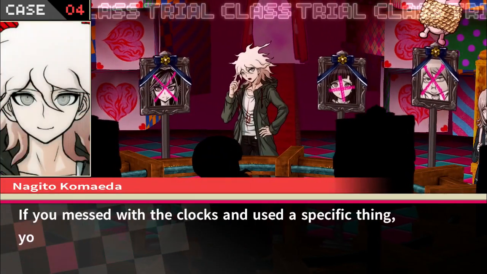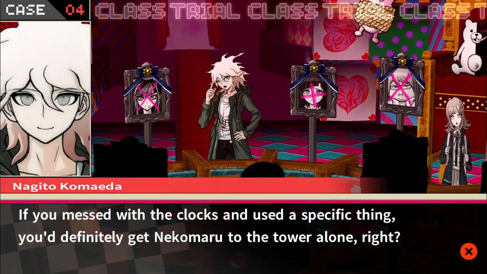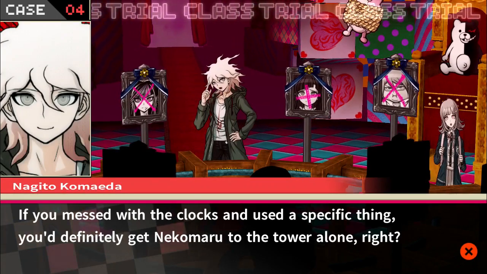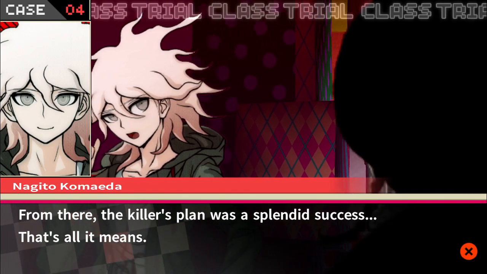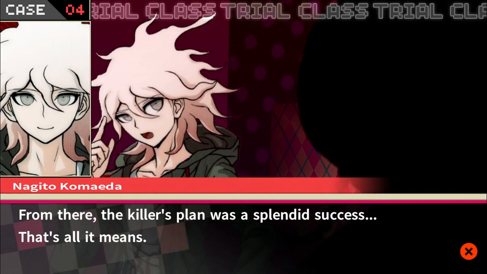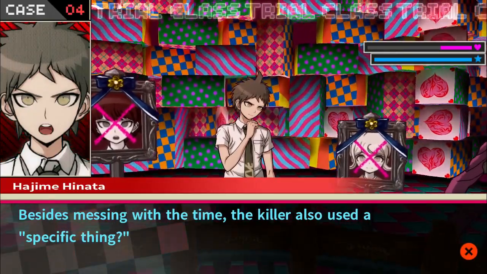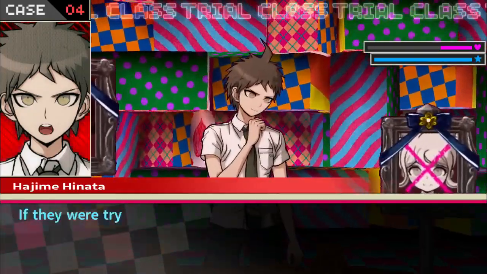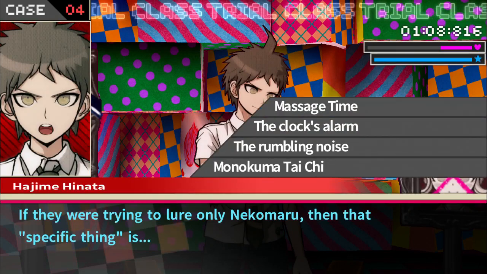If you messed with the clocks and used a specific thing, you definitely get Nekomaru to the tower alone, right? From there, the killer's plan was a splendid success. That's all it means. Besides messing with the time, the killer would also use a specific thing, if they were trying to lure only Nekomaru, and that specific thing is...